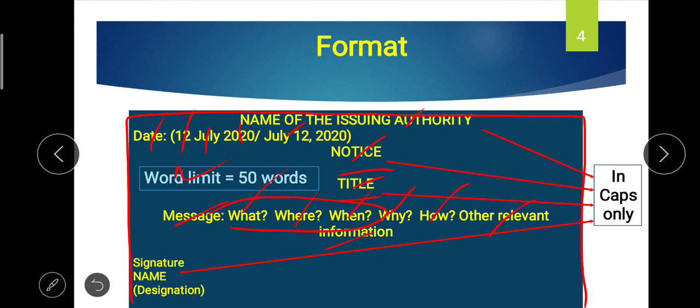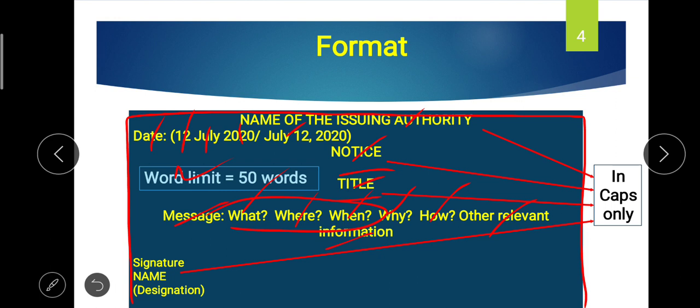You won't be penalized for that. Don't compromise with the quality of your contents in the name of word limit. If you can convey the same message in 40 words, you needn't stretch it up to 50 words. 40 is more than enough. But if you can't write within 50 words and you need 10 more words for that, go for that. You won't be penalized. This much flexibility is given from the side of CBSE itself. And this is my personal experience being a CBSE evaluator. But you can't write a notice in 80 or 100 words. Then you will be penalized however good you have written.